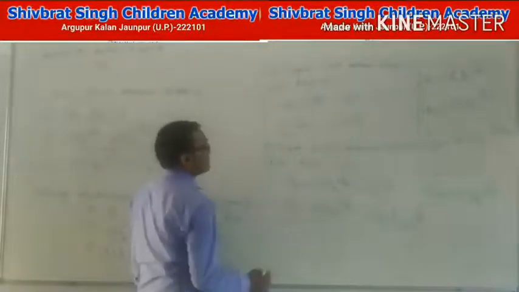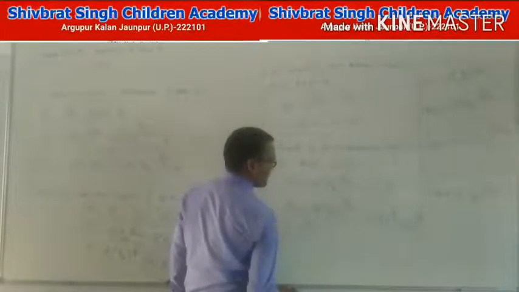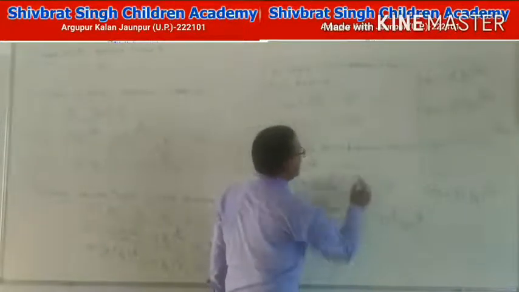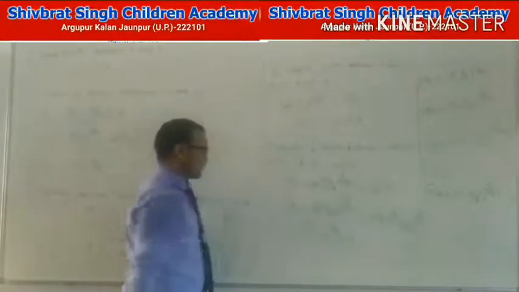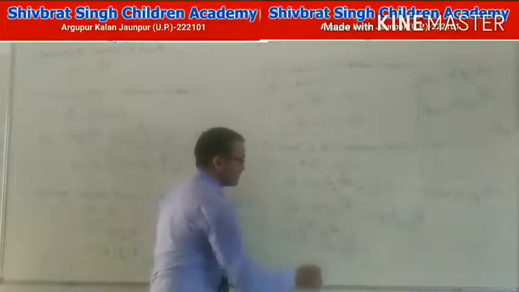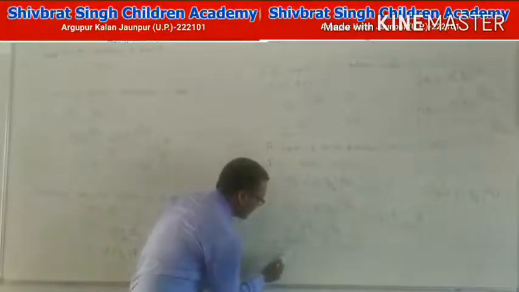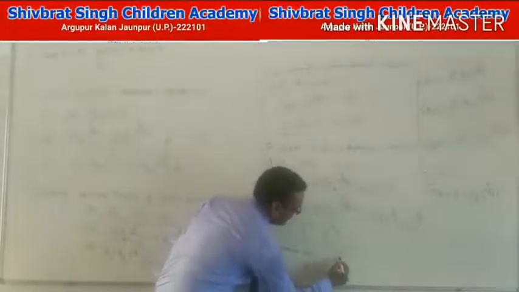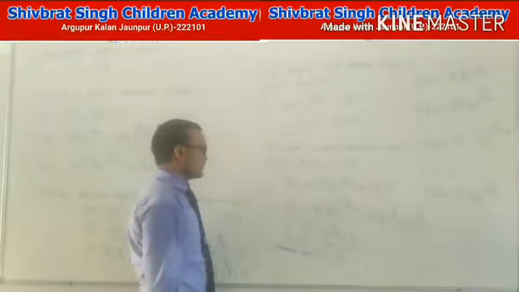That means your GP is 1, first geometric mean is 2 to the power 1/3, second geometric mean is 2 to the power 2/3, and fourth, that means b equals 2. Check whether this is a GP or not. We divide this and this and this, and we get equal common ratio 2 to the power 1/3. Hence this is a GP, and we can insert two geometric means.